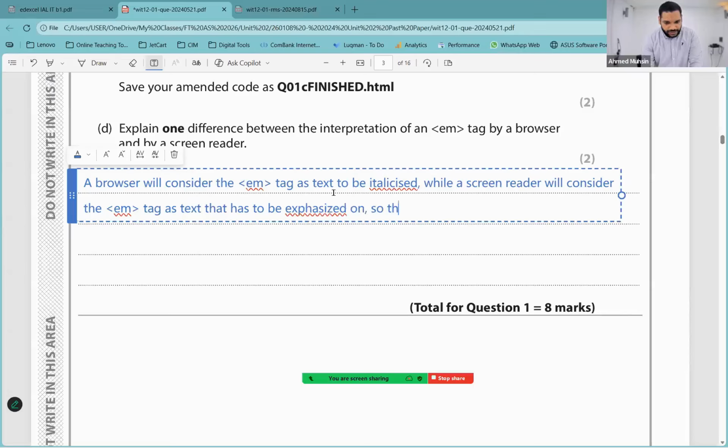Okay, so the screen reader, when reading out text